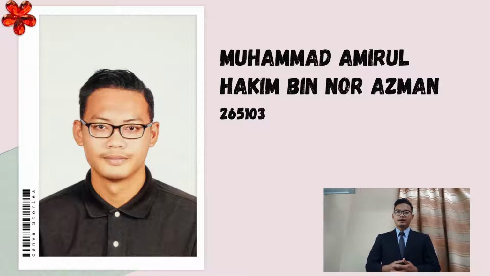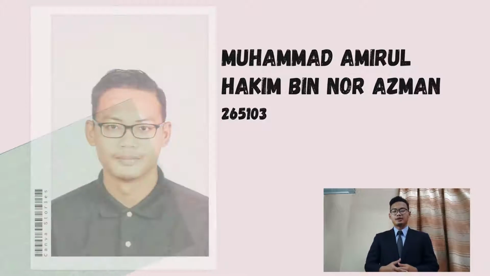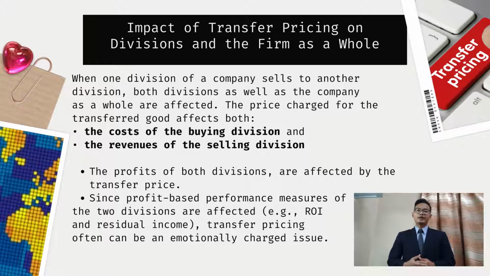So I will continue to present about the impact of transfer pricing on divisions and the firm as a whole. Many companies have independent divisions that transfer goods or services from one division to another. If division managers are evaluated based only on division result using measures such as segmented net income, profit margin ratio, or return on investment (ROI), conflicts can arise, causing managers to take a course of action that benefits the division but hurts the company as a whole.